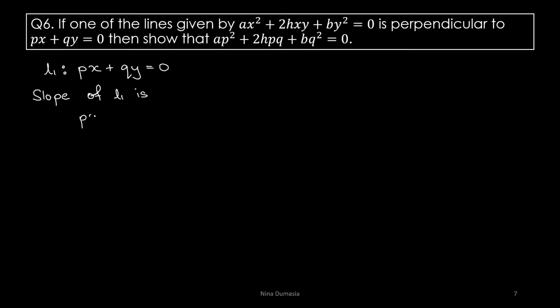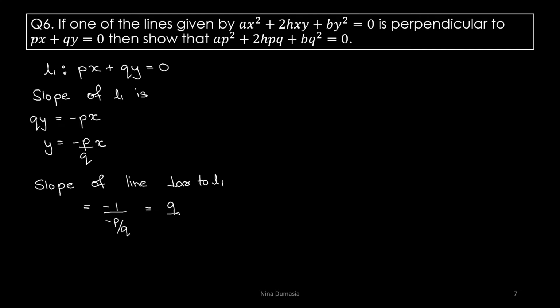तो इसके लिए हम लोग को दूसरे साइड पे लेके जाना पड़ेगा px को. So therefore we have that qy is equal to minus px and y is equal to minus p by q into x. Okay, so therefore now this is the slope of this line. हमें अगर इससे परपेंडिकुलर लाइन का स्लोप निकालना है तो we will have to take negative reciprocal, which is equal to q by p.